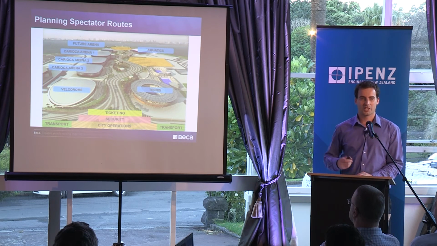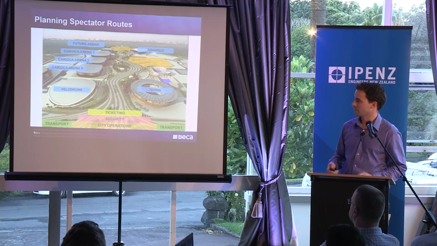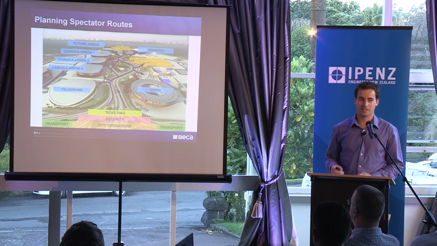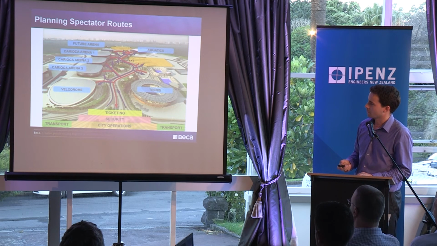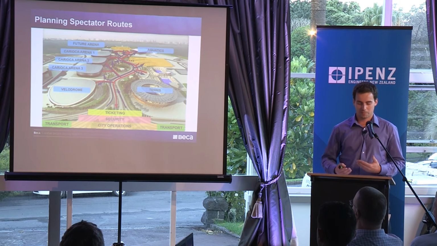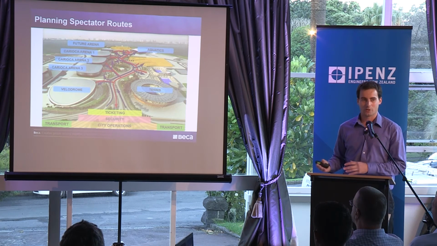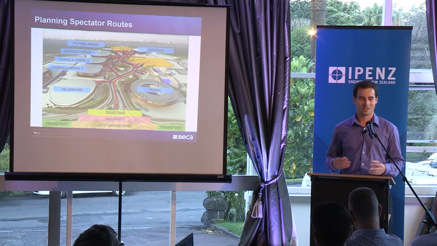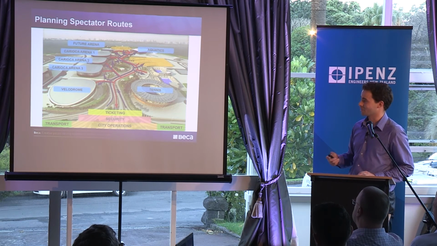One of the first steps was identifying where a spectator's heading, where they're going when they arrive, and where they're going when they depart. So on top of the plans, we overlay where we expect spectators to be heading. In blue, we've got the arrivals, and in red, we've got the departures, people leaving. And the key thing from a crowd modelling perspective is trying to minimise conflicts. It's really difficult when you've got two groups of people trying to head different directions, crossing over, and creating general conflict and chaos.